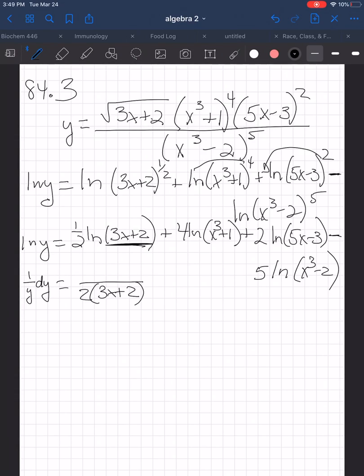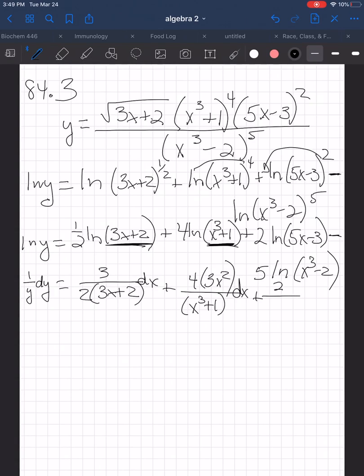So the derivative of this is 3 plus, this will be 4 over x cubed plus 1, but we also have to multiply by the derivative of that. So what's the derivative of x cubed plus 1? 3x squared, and then that's a dx,